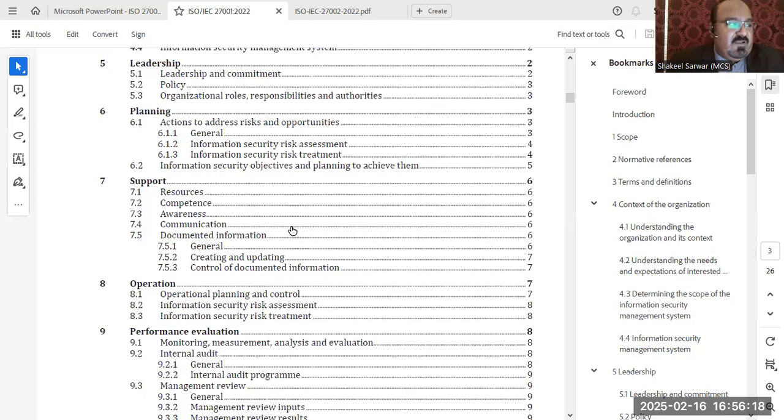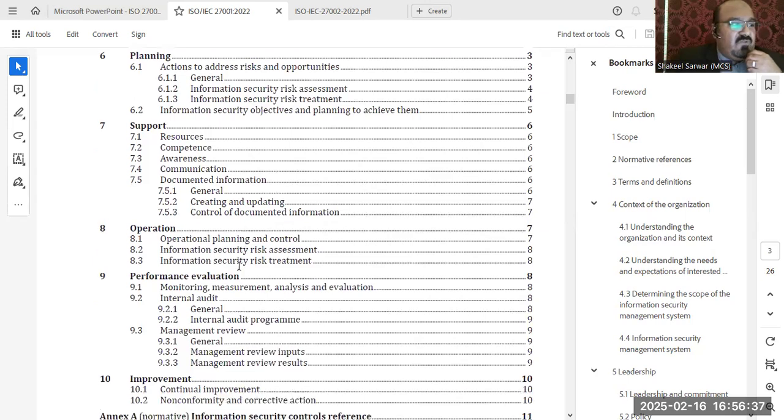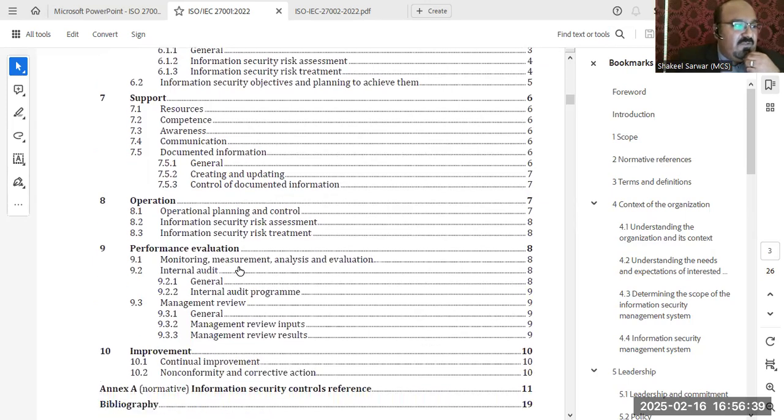Then we will be discussing in this session support, clause 7 of the ISO 27001:2022 standard: resources, competence, awareness, communication, documented information covering general, creating and updating, and control of documented information. We will be discussing performance evaluation, since we have discussed clause 8, operational planning and control, information security risk assessment, and again information security risk treatment,